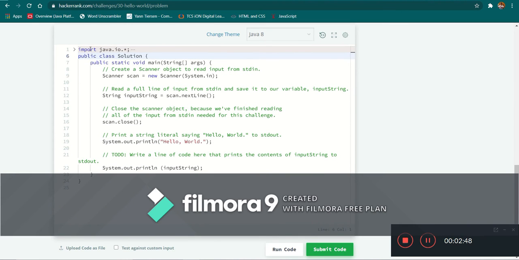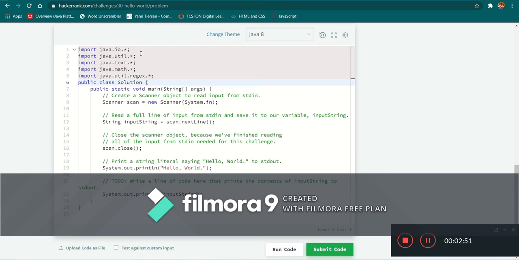So in a Java program, first we must import the packages that contain the classes and methods that we will be using. So java.io, util, text, math, all of these are the different packages that we have imported for this program. This public class solution line is where our class starts. Now solution is the class name, and these two are a necessity for now. The open curly bracket and the close curly bracket for the class are on line 6 and line 24 respectively.